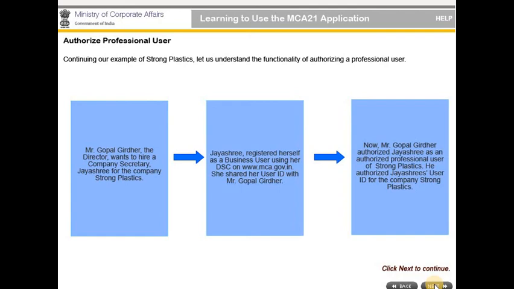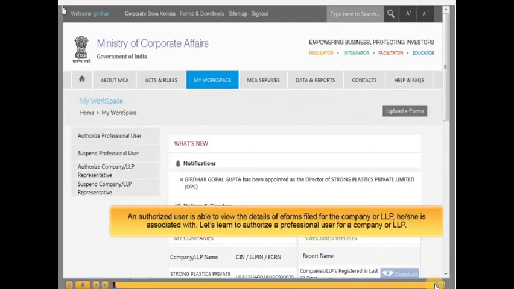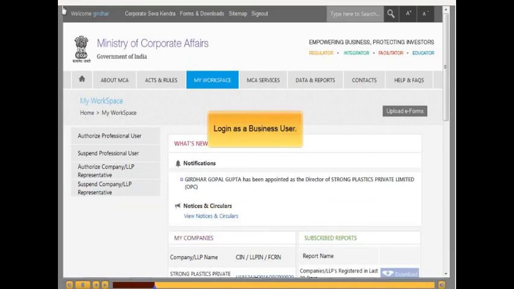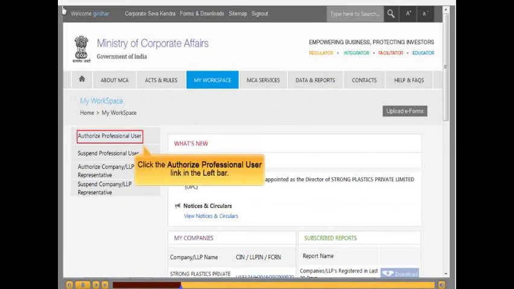So here Gopal Giridhar is going to nominate a person, Jayashree, as an authorized professional user of Strong Plastics, because he can't see all the problems of the company. For that you have to log in first in your workspace as a business user.